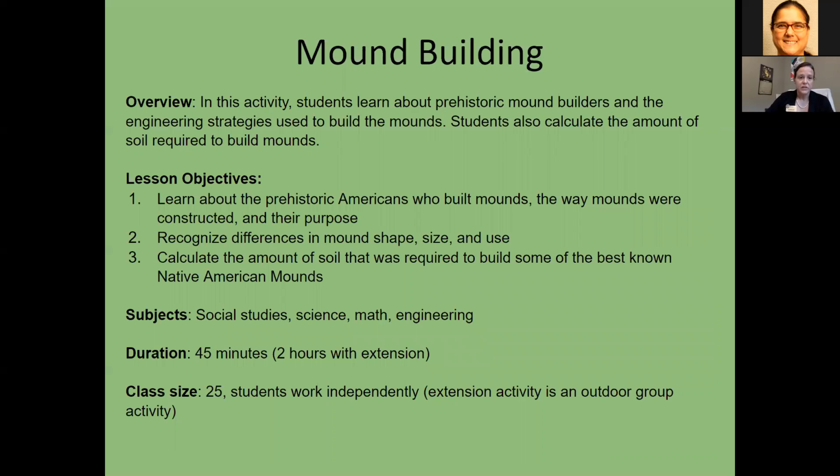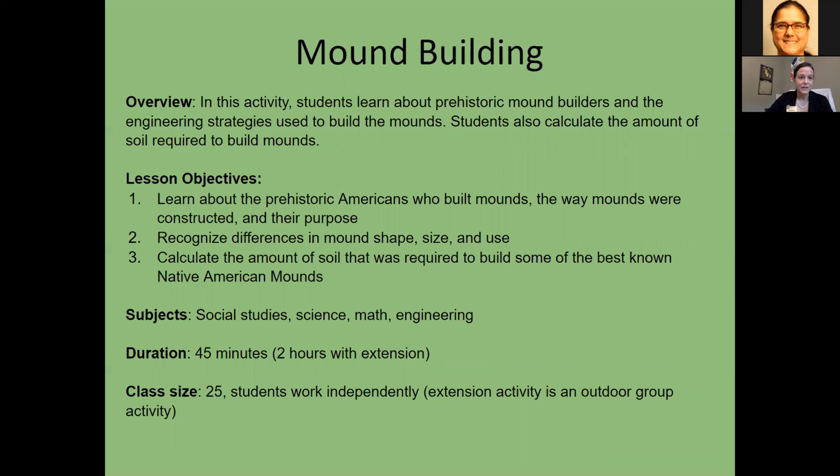prehistoric mound builders. So there were prehistoric people in North America and even in Arkansas who built mounds for a variety of purposes. Students can also learn about the ways that mounds were constructed. They can recognize differences in mound shape, size, and use. And they can also learn to calculate the amount of soil that was required to build some of the best